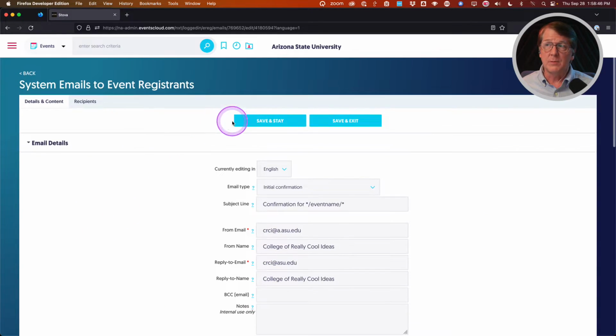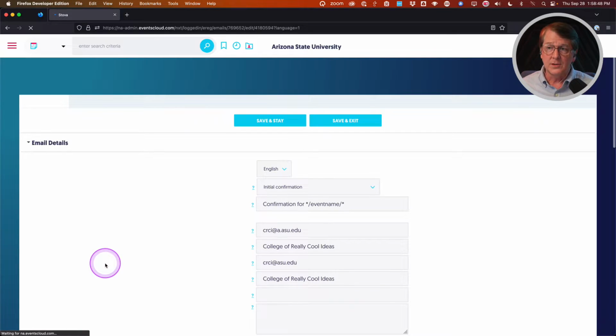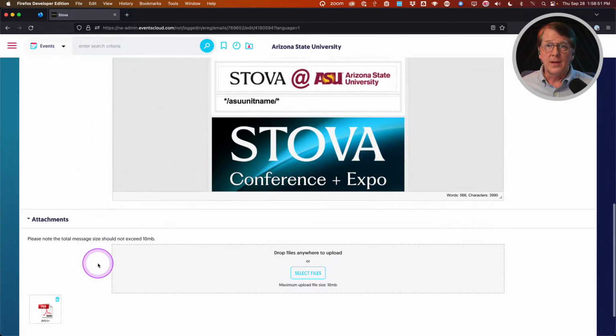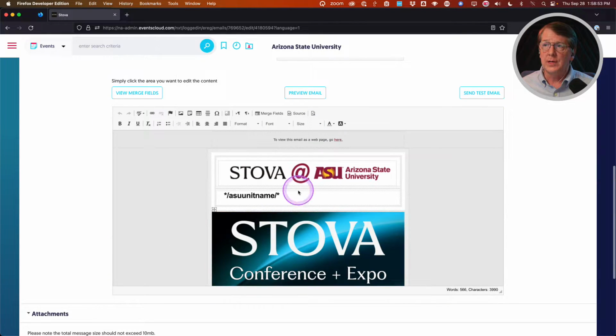Now I'm going to hit save and stay before I go any further, just so I don't miss any of those changes. The other way of adding a merge code to your email